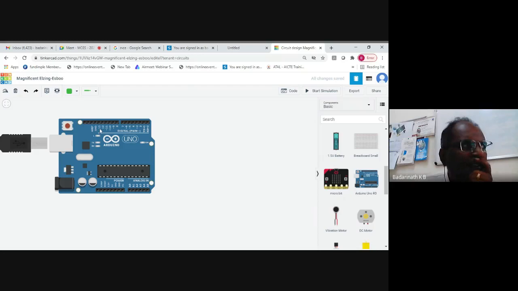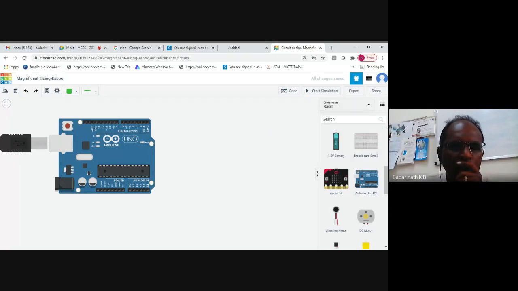Whenever we want to write this program, I want a place where I should write my program. When you have an Arduino board, generally we have a software called Arduino Studio that we have to install, and you write the program in the Arduino Studio. Since the Studio is not required in the simulator, they have provided a similar screen, the same interface.